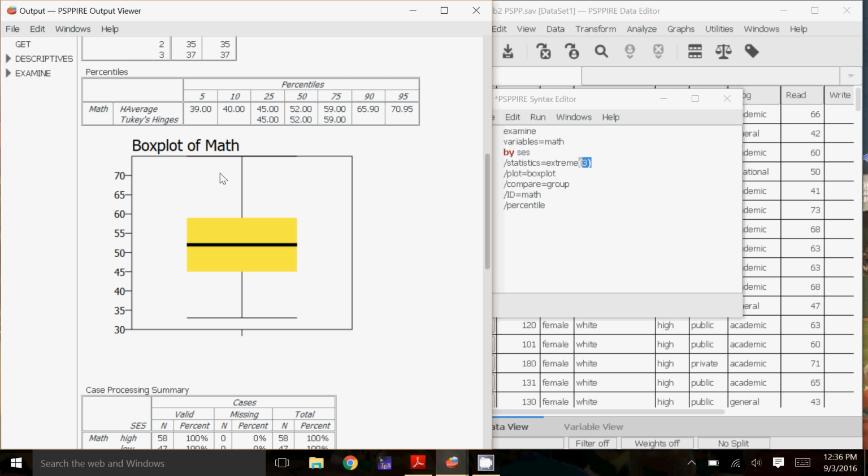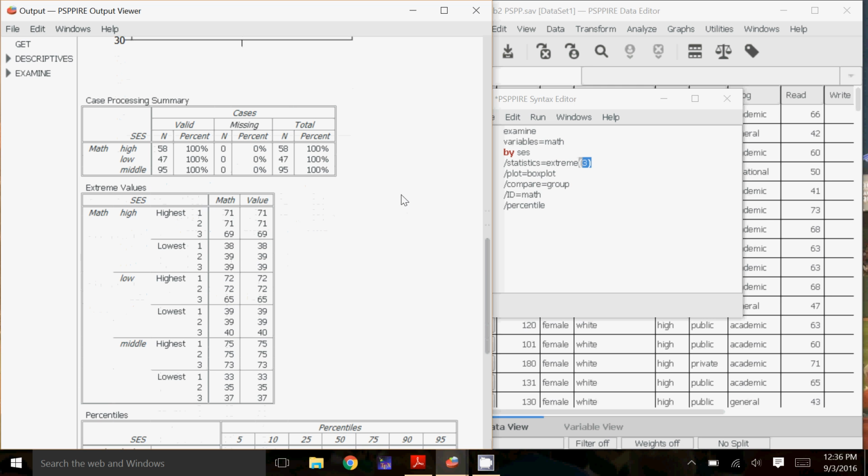And here it is for the box plot, again, for math in general, so not going by the socioeconomic status just yet. And then we scroll down, and now it's doing it by the socioeconomic status. So it has 58 cases for the high socioeconomic status, 47 for low, 95 for middle.